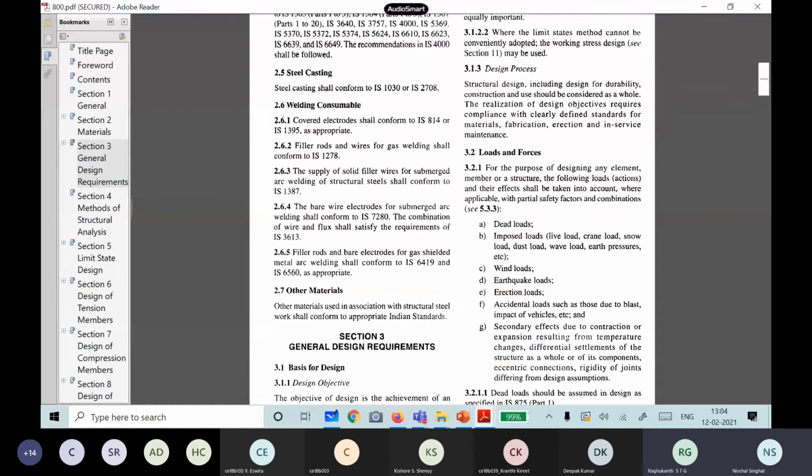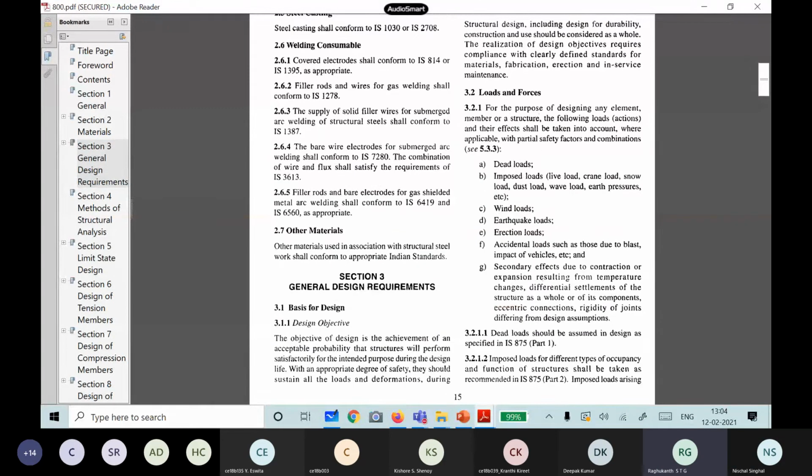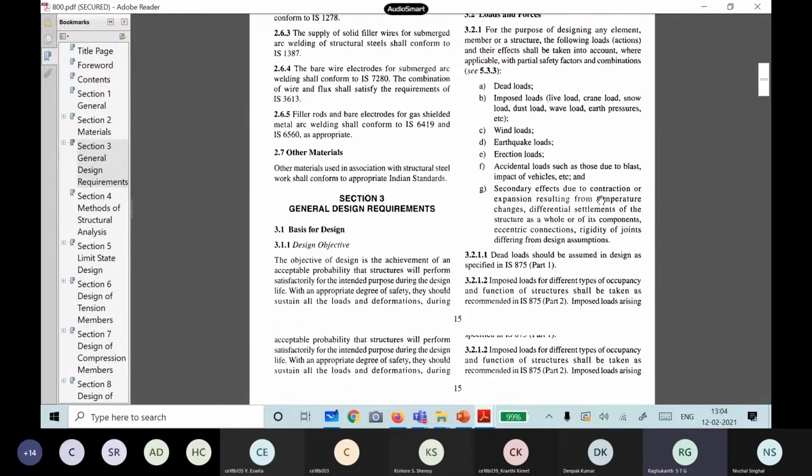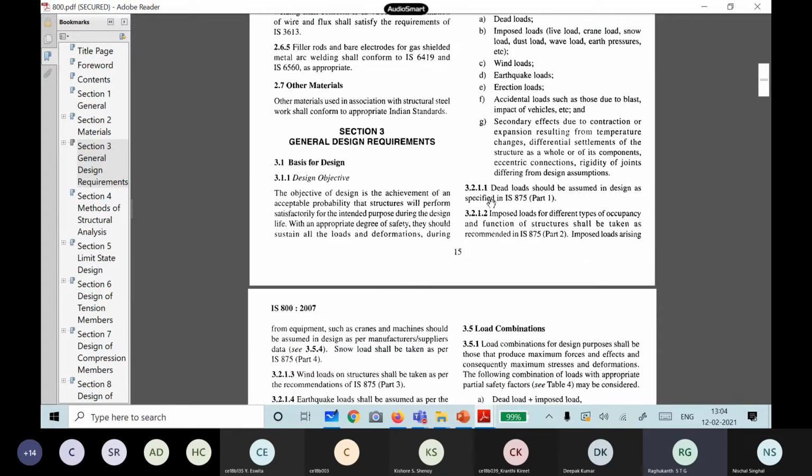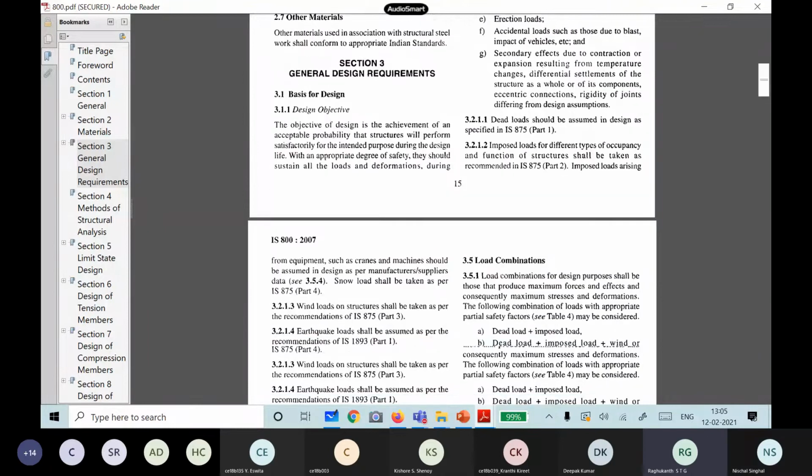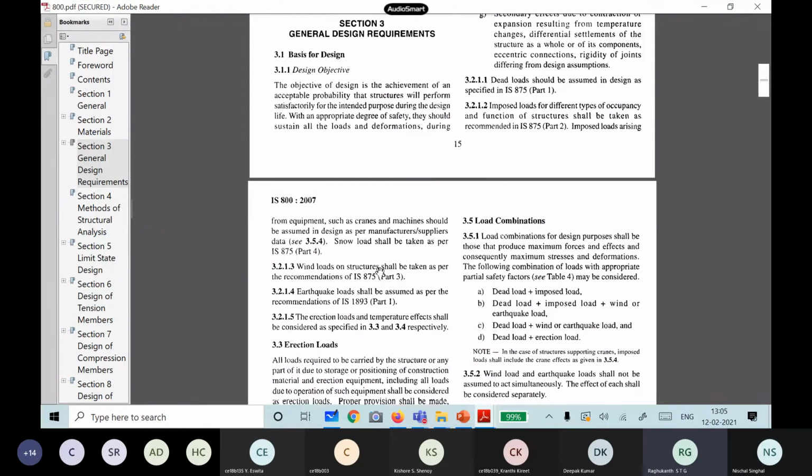These are the loads which you have to use: dead load, imposed load, wind load, earthquake load, erection loads, accidental loads, then secondary effects such as temperature and differential settlements. Dead loads should be calculated from IS 875 Part 1. The imposed load should be taken from IS 875 Part 2. Like this, snow load, then wind load from IS 875 Part 3, then earthquake load from IS 1893 Part 1.